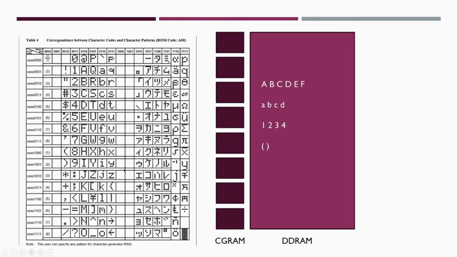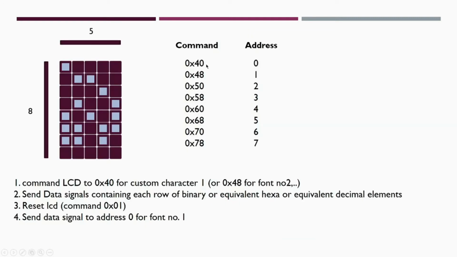As you can see, there are a maximum of 8 characters, which is very limited for us. Say we need to print a custom character we built. There are 8 CGRAM addresses and their values are 0, 1, 2, 3, 4, 5, 6, 7. To access address 0, we need the command 0x40. For address 1, it is 0x48 and so on.